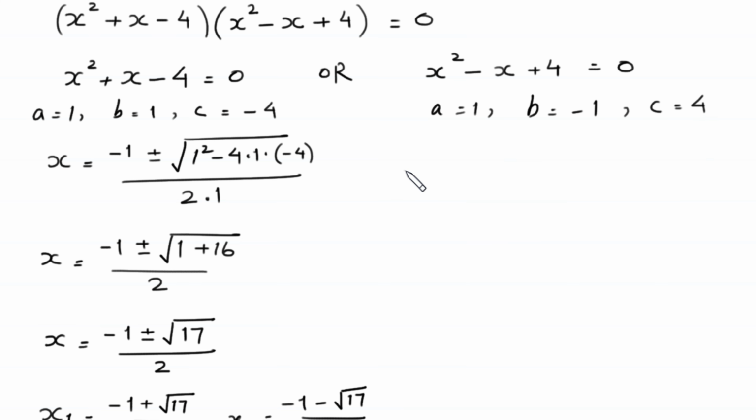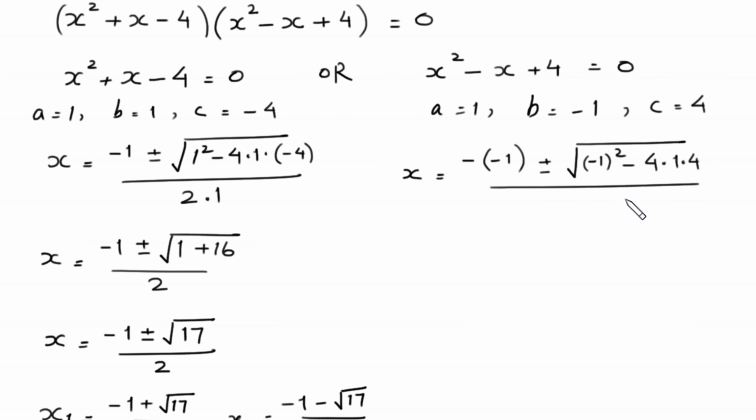And according to quadratic formula, x is equal to minus value of b minus 1 plus or minus square root of, in place of b squared we write -1 squared minus 4 times value of a 1 times value of c 4 divided by 2 times value of a 1, and x is equal to positive 1 plus or minus square root of -1 squared is 1 minus 4 times 1 times 4 16 divided by 2 times 1 is 2,